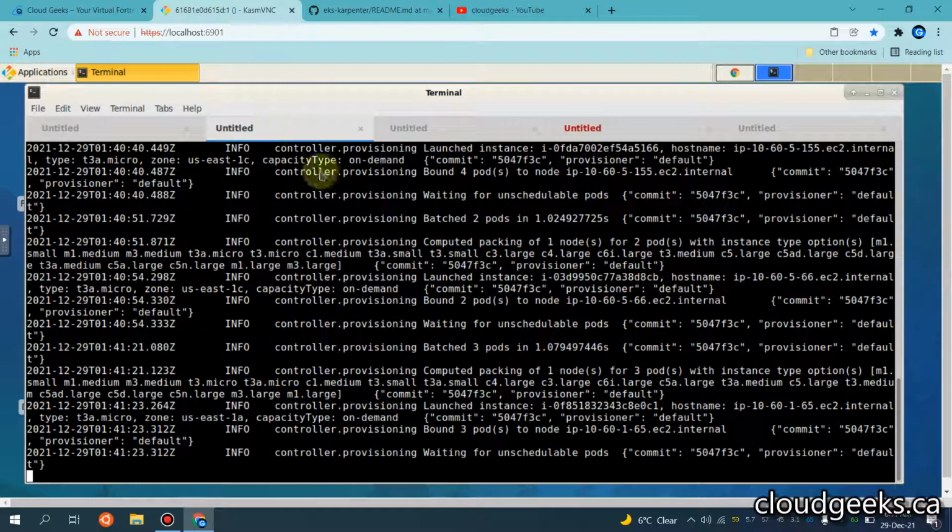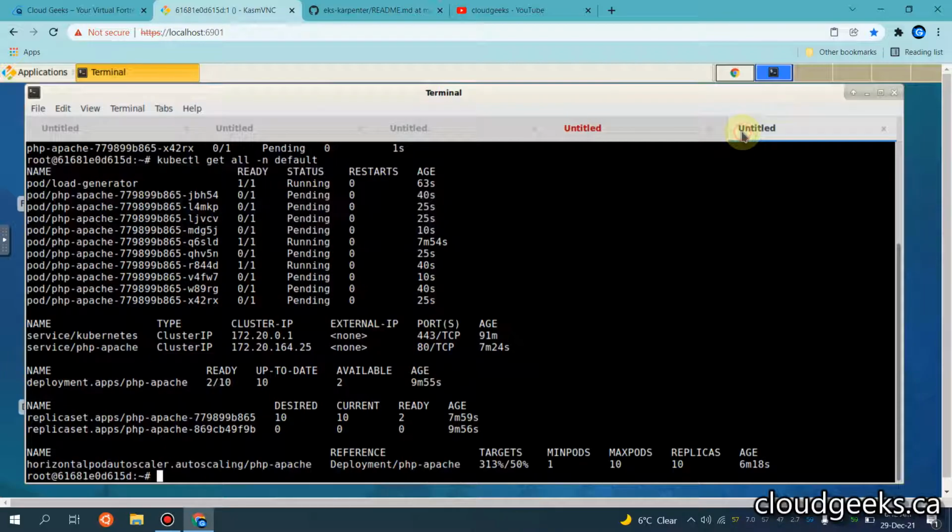So I've already opened the Karpenter logs. You see it has now started provisioning the compute nodes which it requires, and also I will be showing you the loads, the load percentage and all that stuff.